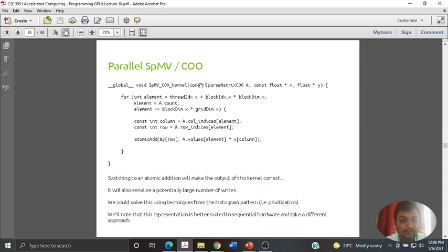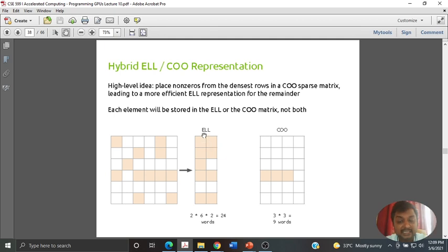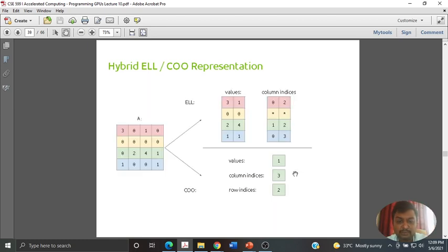and then there was a hybrid format, inclusion of ELL as well as COO formats, that was indicated. So whenever you have this matrix, there are two non-zero elements present across all the rows. Hence wherever the minimum two non-zero elements are present, that goes with the ELL representation, and one row having additional elements goes with the COO representation. So you are storing exactly the row index and column index of these three values. So it combines both, and it is called a hybrid representation format.